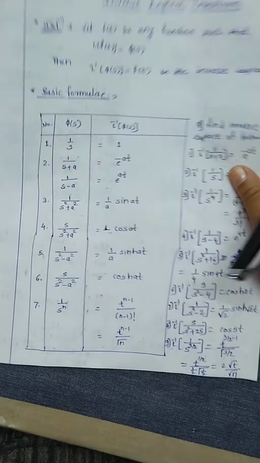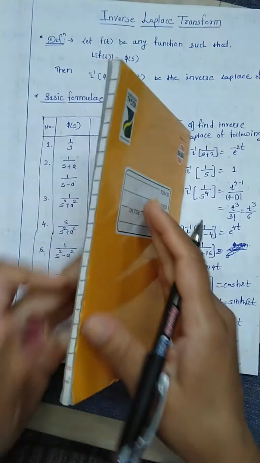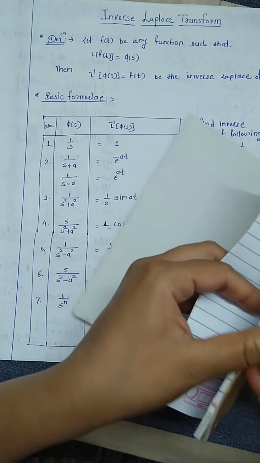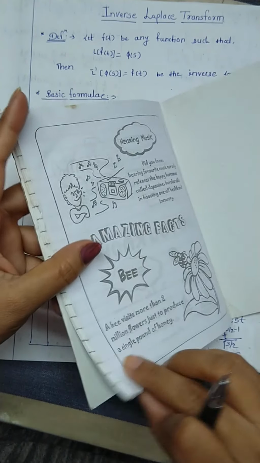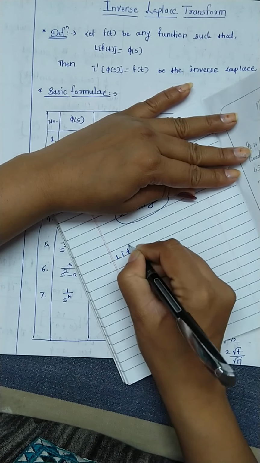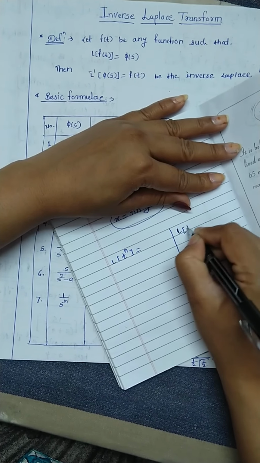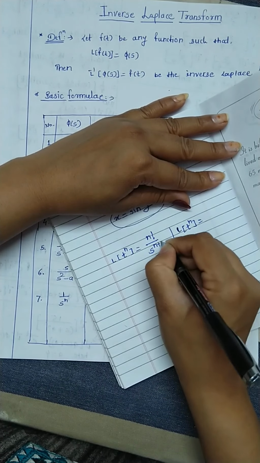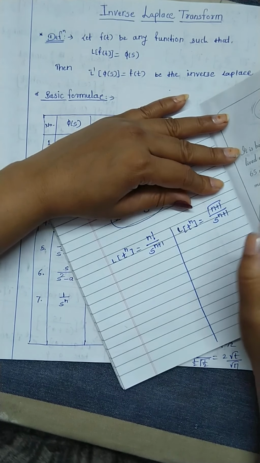Now the last formula is, we know this; you have to see how it comes. Let me show you. We know what is that? Laplace transform of t raised to n. We have two formulas. Laplace transform of t raised to n is, first one, n factorial upon s raised to n plus 1. Here, gamma n plus 1 upon s raised to n plus 1. These are the two formulas.